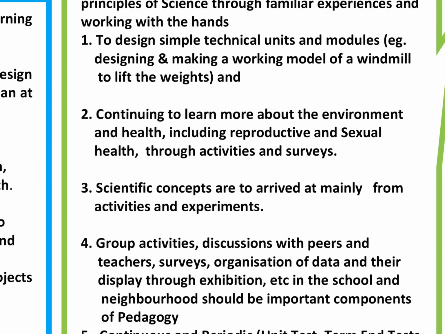So the aim and objective of teaching science in the upper primary stage is to make the learners more aware about their environment and health. And in health, mostly their reproductive and sexual health is to be emphasized,